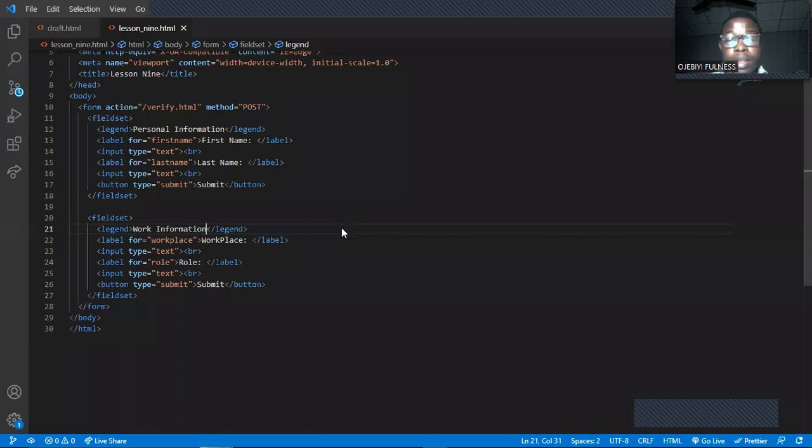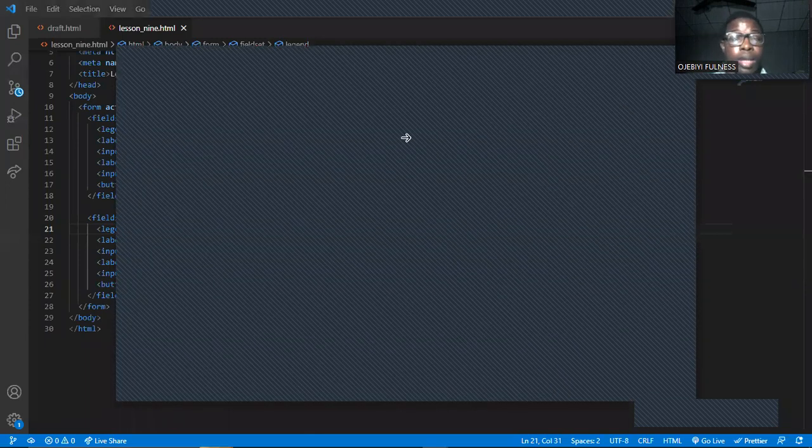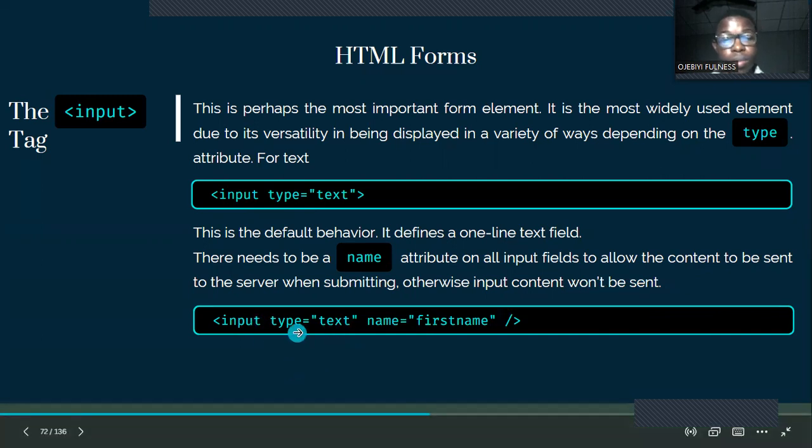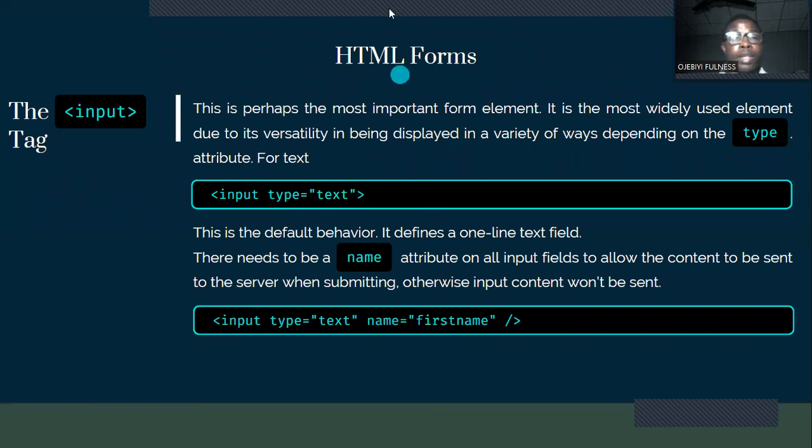So input type text, that's the default behavior, and it defines a one-line text field. There needs to be a name attribute on all input fields to allow the content to be sent to the server when submitting. Otherwise, input content won't be sent. So input type text, then we have our name, which is first name. As you can also see in our example here,